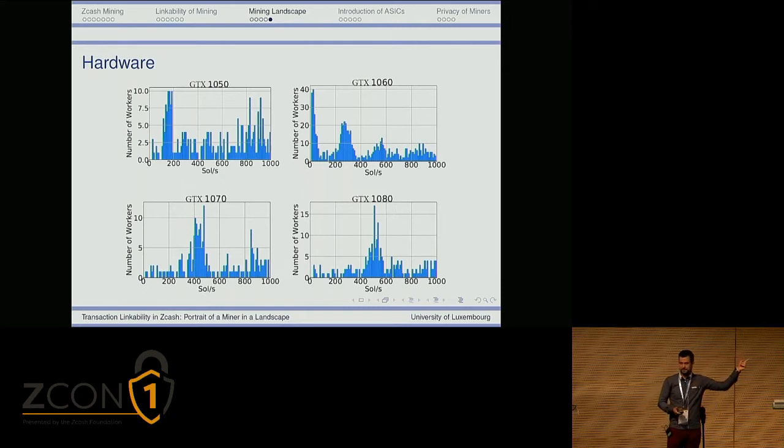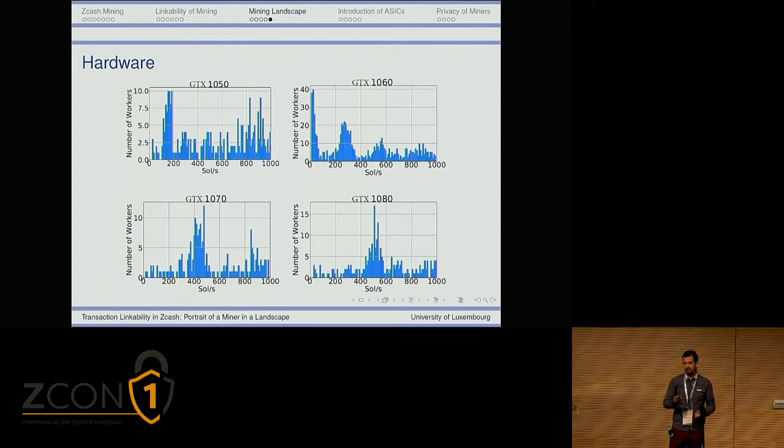If we look again at the GTX 1060 graph in the top right, then apart from the non-zero peak, the first peak is exactly the power of a single GTX 1060 card. Then the second peak is exactly the power of 2 1060 cards. And then there's an even smaller peak around 850, 900 solutions per second, which is again the power of 3 GTX 1060 cards. We did this study for all the other cards that were used for Equihash mining, but then